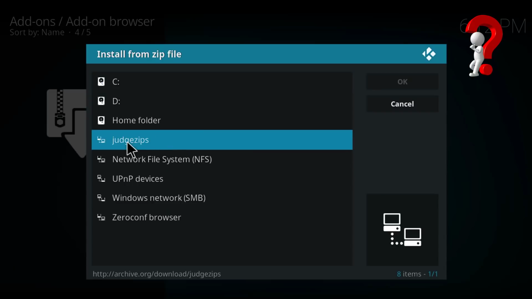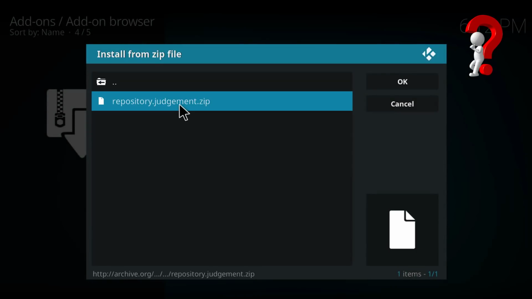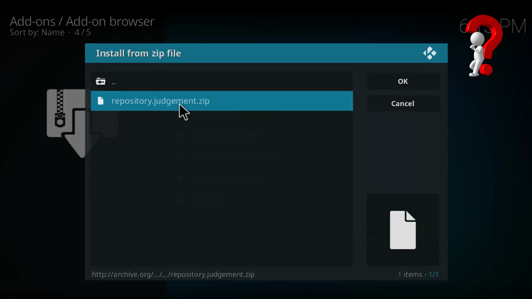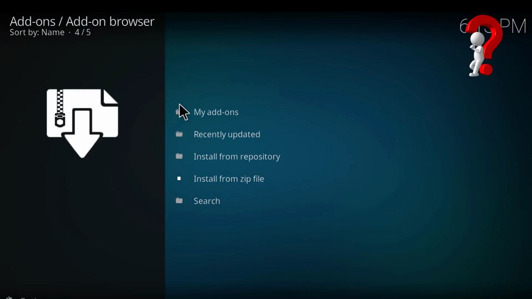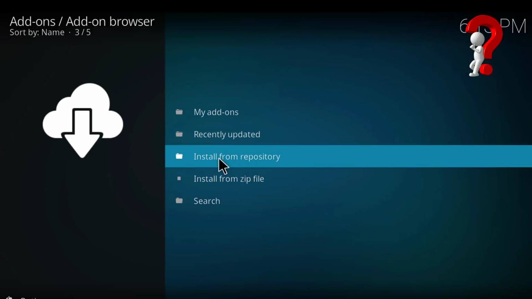Okay, and go to the name which we wrote and select this file, and wait some seconds to install this add-on. Okay, this repository is installed now. We should go to install from repository